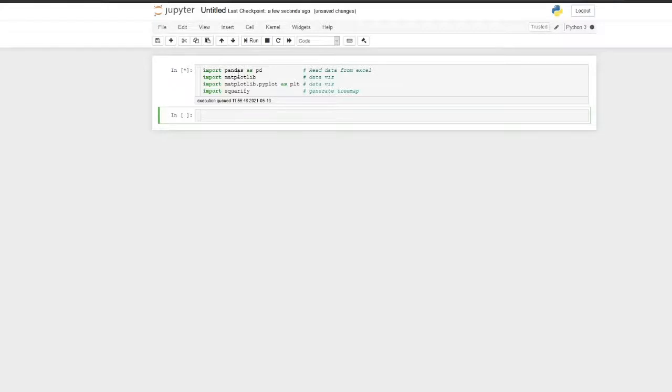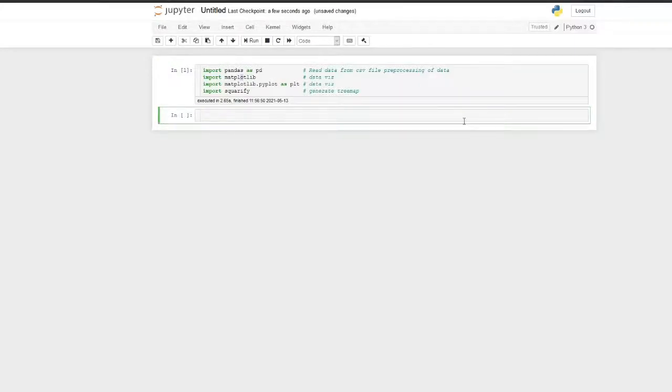Pandas is required for reading data from a CSV file, and also for pre-processing if required, that is data manipulation. Then I have imported matplotlib and the pyplot package from matplotlib. This is for data visualization, and squarify for generating the tree map.